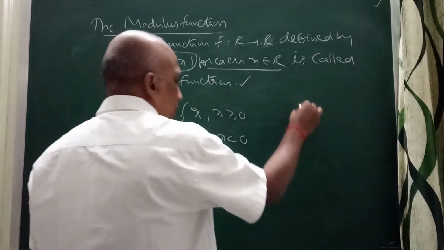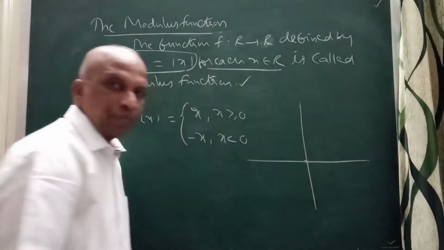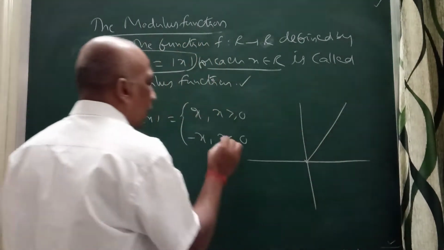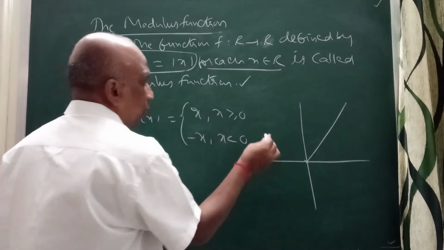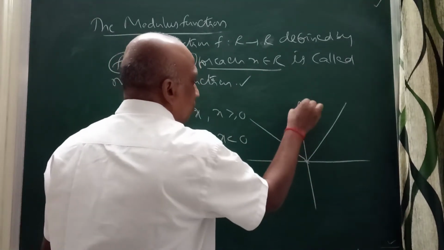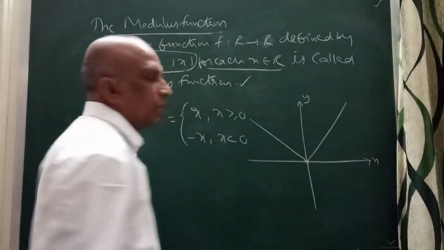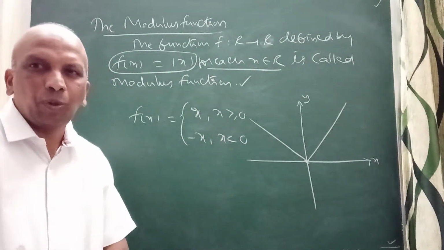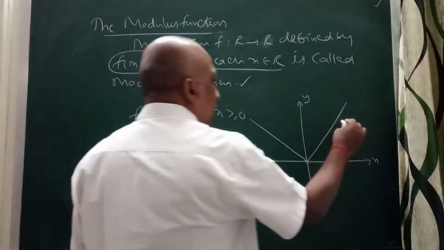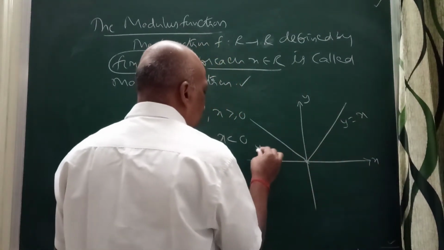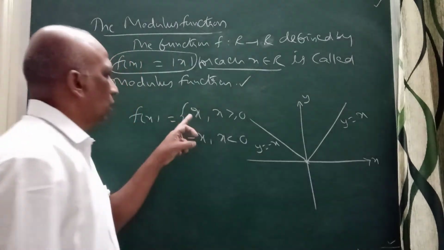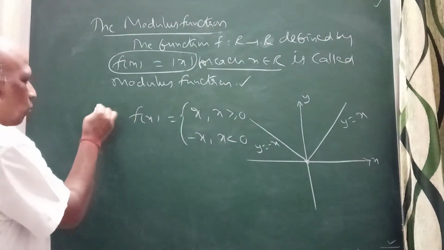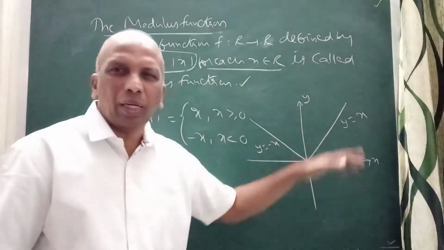If you draw the graph of this, see here, when x is positive, it's positive, right? The same thing will come here. When x is negative, also minus x, minus of negative is positive, right? The graph will come like this. This is the graph of y equal to mod x, f of x equal to mod x. In general, y is equal to x, and this is y equal to minus x. If you consider x, it is the positive case, and the negative case, minus x, is on this side.